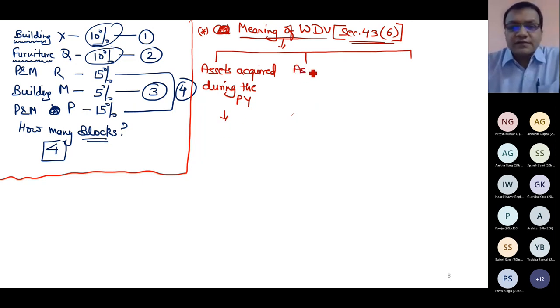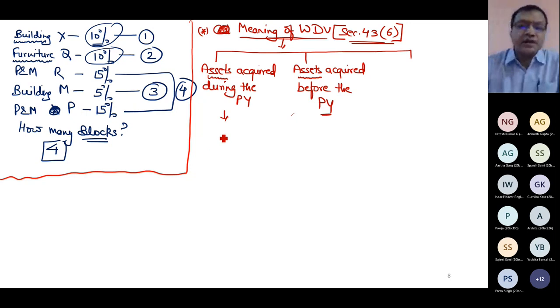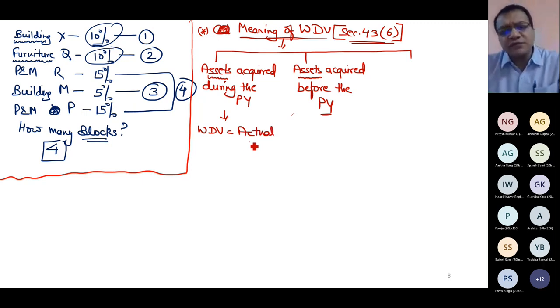For assets acquired before the previous year, so these are for single assets. This is an asset which is acquired during the previous year. That means if it is acquired during 2021, then WDV is equal to actual cost. If you have acquired it first time in your year, then whatever is your actual cost, that is WDV. If that asset has been acquired before 1st April 2020, then what is the WDV? Is equal to actual cost